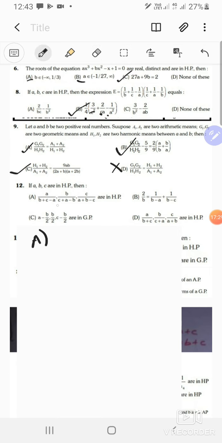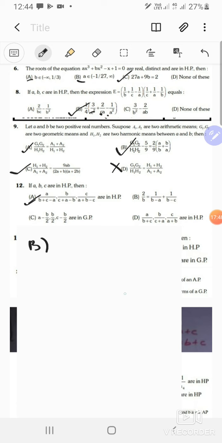Okay, so A is completely correct. Yeah, except if A plus B plus C equals 0. Well, I don't think that's going to happen though. So A is correct. Let's go to the next option, which is 2 by b equals 1 upon b